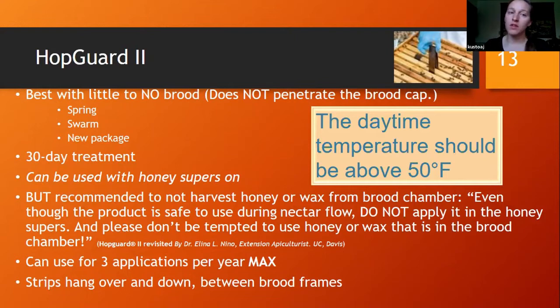But the difference with this Hopsguard 2 versus the Apivar strips is that Hopsguard 2 is actually okay to use when your honey supers are on. It is acceptable to use. But, and this is a big but, it is recommended not to harvest the honey or the wax from the brood chamber if you used Hopsguard 2. And here's a